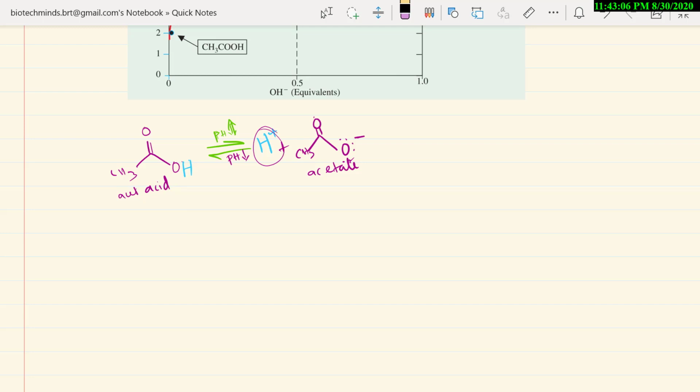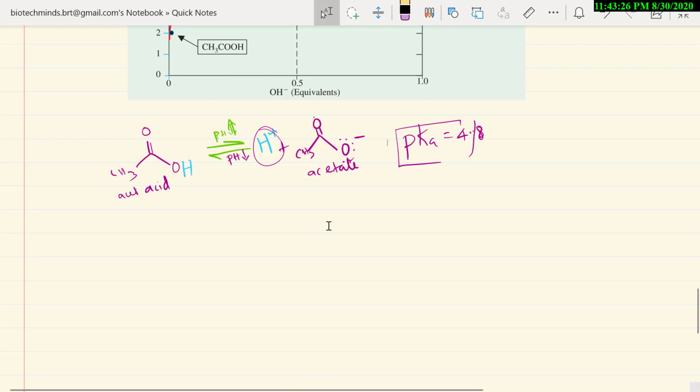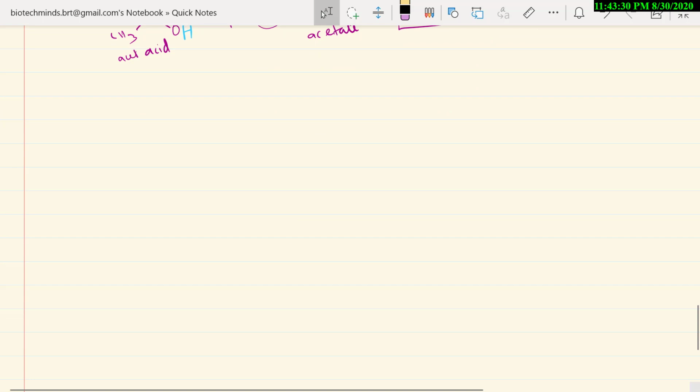Okay. Now, what is the pKa value of acetic acid? I told you in the last class. The pKa value is 4.8, which means at this pH it acts as a buffer. That's it. So at pH 4.8 it acts as a buffer. That is what we term as pKa. Now what will happen if the pH is increasing or decreasing? I told you there are 3 conditions. Now we will see that.